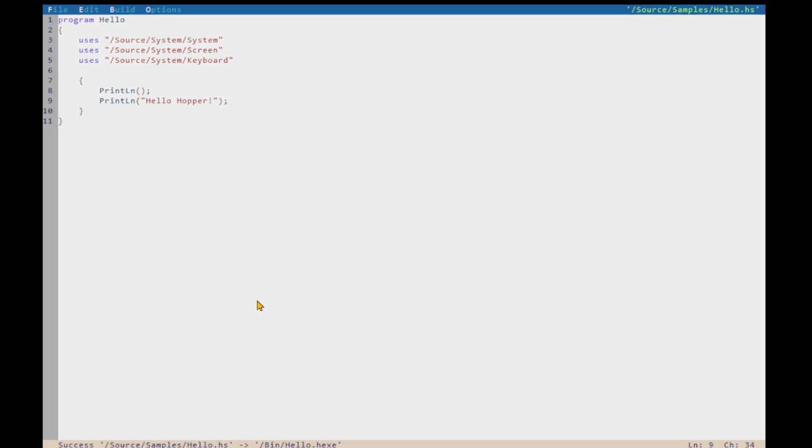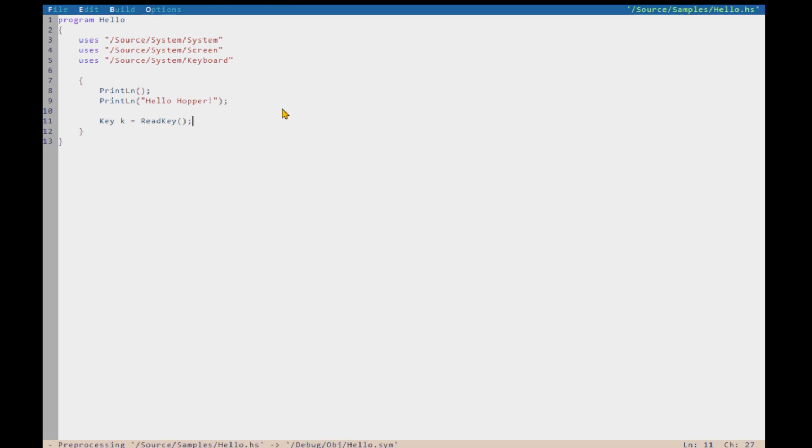And now if I run this, Control F5 to run, it's not going to be very impressive. It looks like nothing happened, right? Oh, the screen sort of flashes. That's because it ran and then finished and came back. So if we say here, okay, this is why I included Keyboard, ReadKey, and we do that,